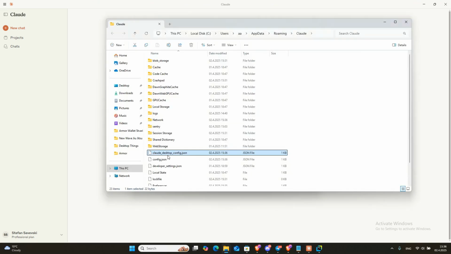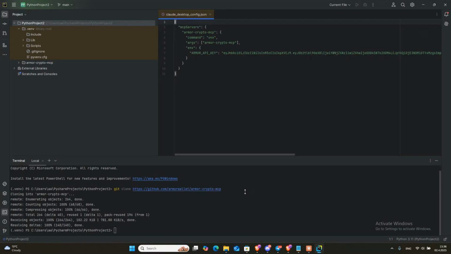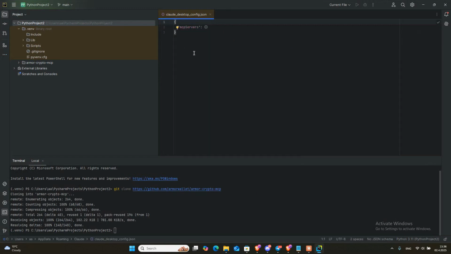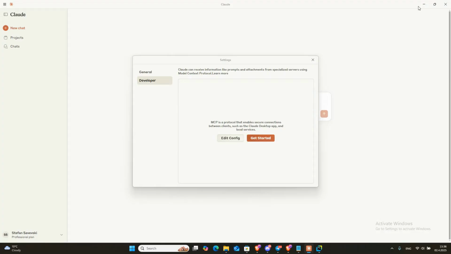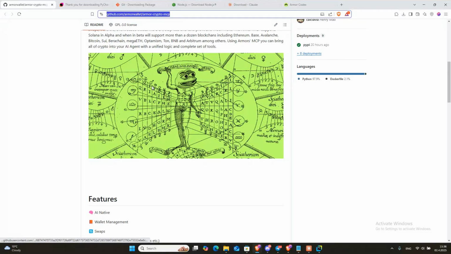This file, Claude_desktop_config, is the thing that we're going to need. So double click on this and it's going to ask you to open up with PyCharm. Click it and open it. So here, it just shows me this. It's practically nothing. In this place, we need to go and take the URL from the Armor Crypto MCP and